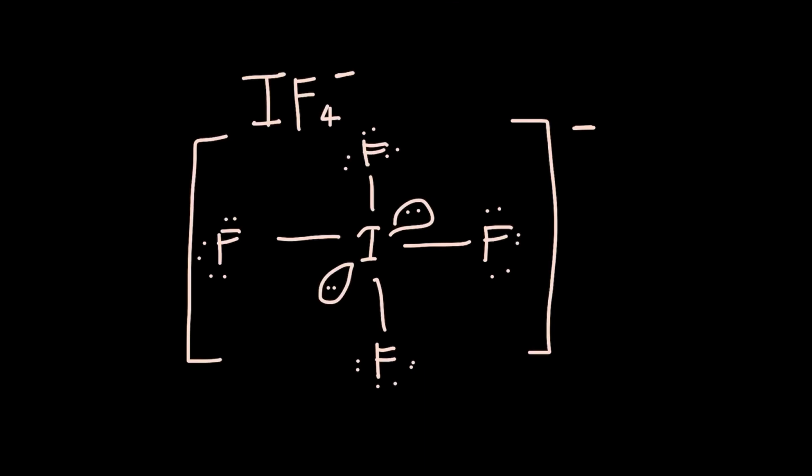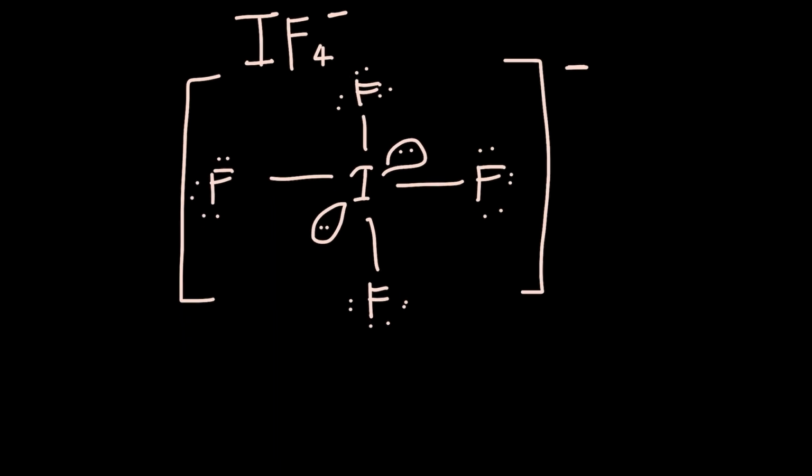How are we going to use atomic orbitals to explain the hybridization for the iodine tetrafluoride ion? So first of all, by doing this with inspection, we know that the central atom, represented by A, is surrounded by 4 peripheral atoms, and there are 2 lone pairs, 2 non-bonding pairs around iodine. You add up the X and the E, that will give you 4, 5, 6. That means you will need 6 hybrid orbitals